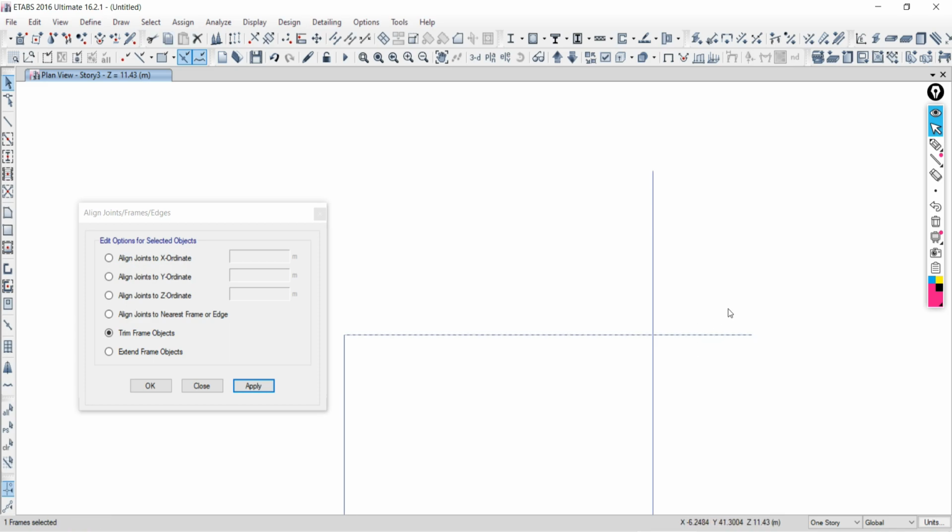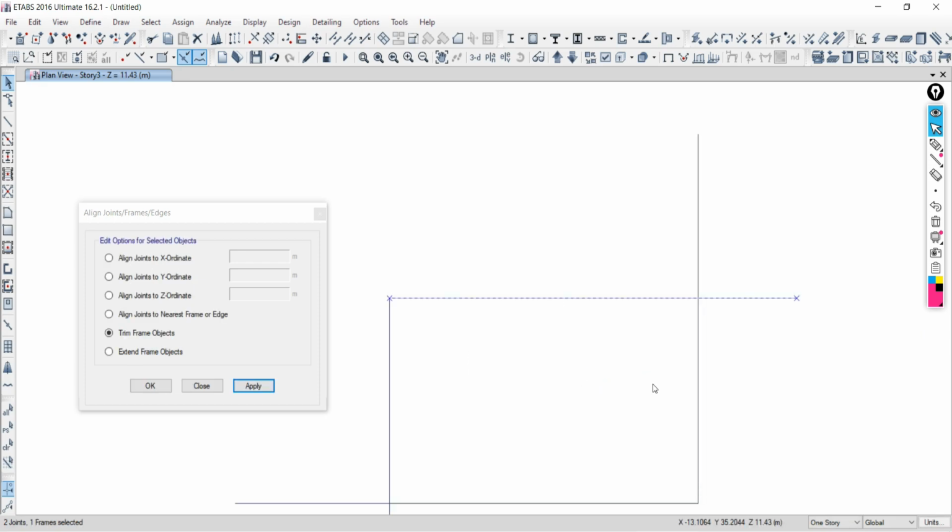see, this right joint, and this left joint, both of the joints are there, and it is confused about which joint it has to cut about. Both of the joints are there. So to clear this, select the frame which you want to trim, and the frame up to which you want to trim, and the joint about which you want to trim it. The joint you have to define, and then say apply, so it will be trimmed.